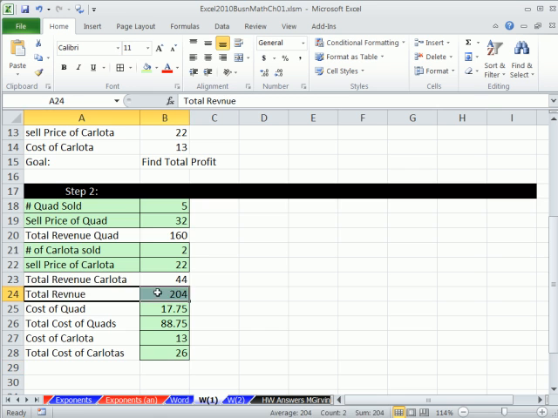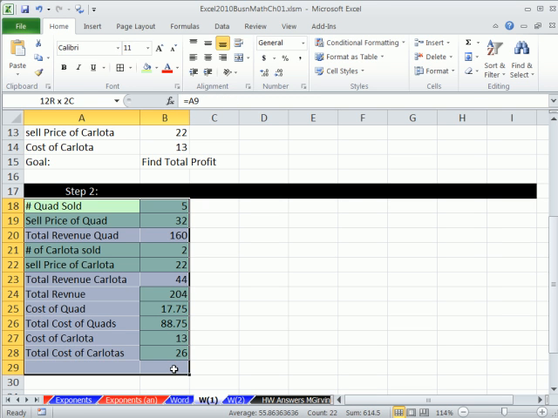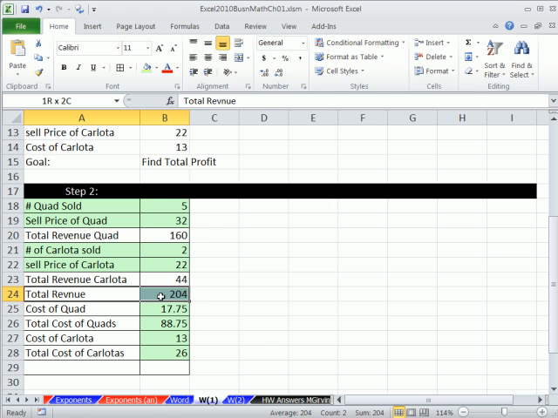OK, so there's our total revenue. In fact, I like to have borders all around here. I'm going to go like that. We have our total overall revenue. Now we need to do our total overall cost. So total cost